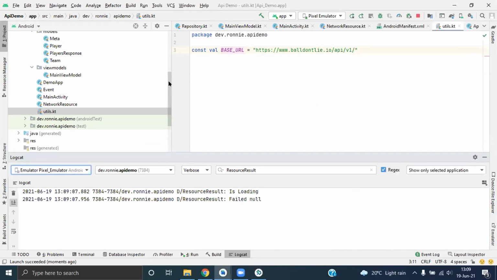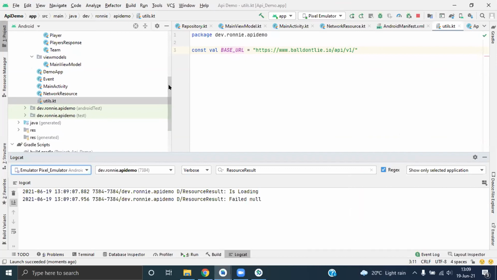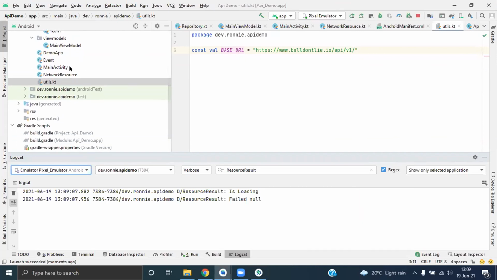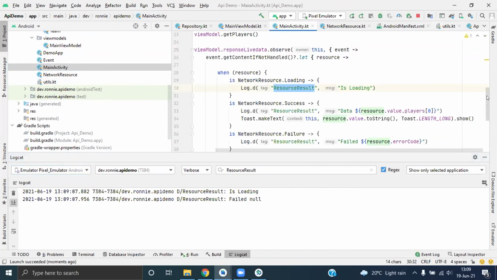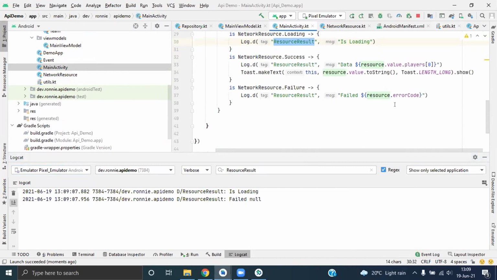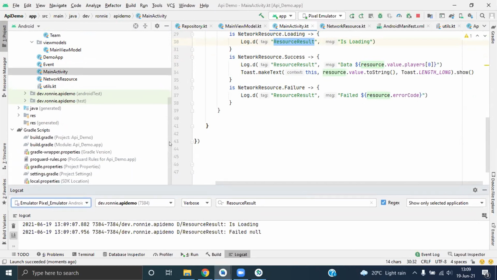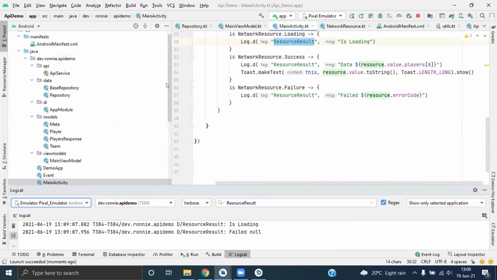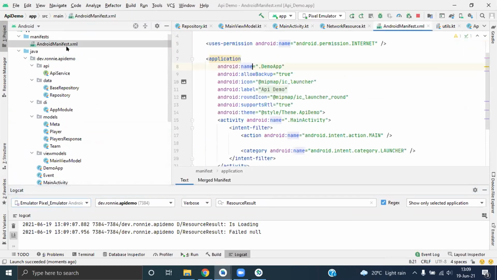So does it seem like the error code is null? Error code is null because I think that's what I'm logging. So I think it doesn't hit the API. I'm pretty sure that's the API. Go to the base repository.